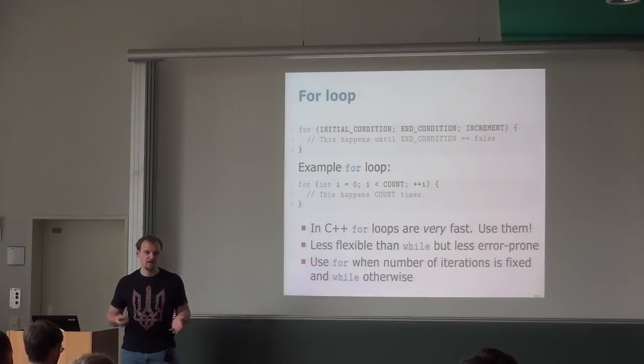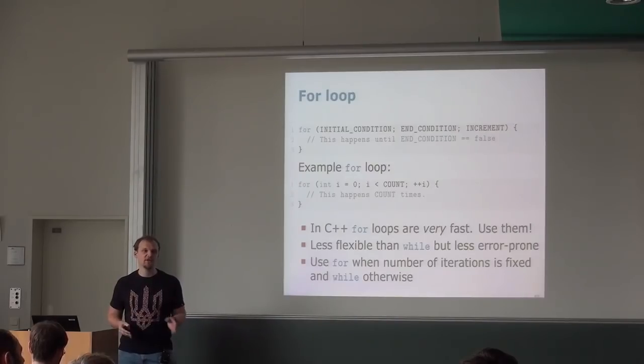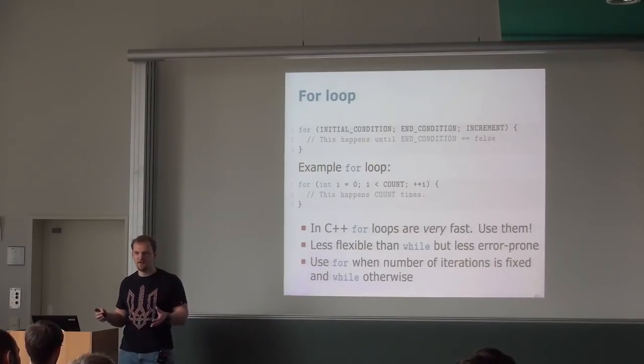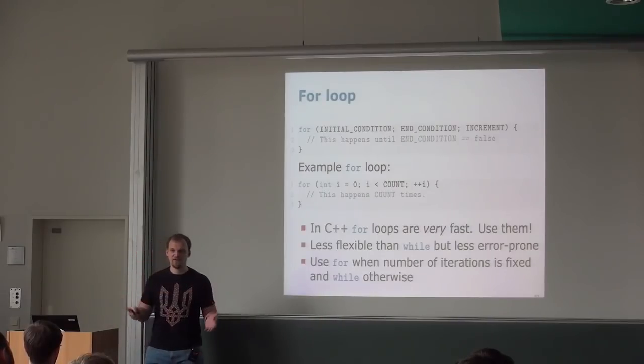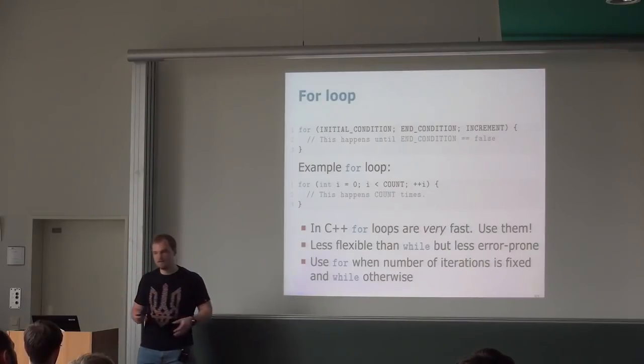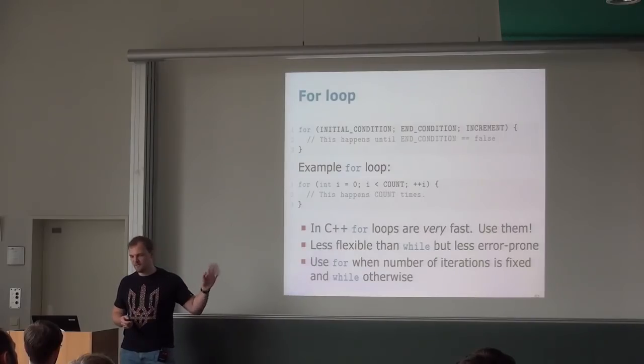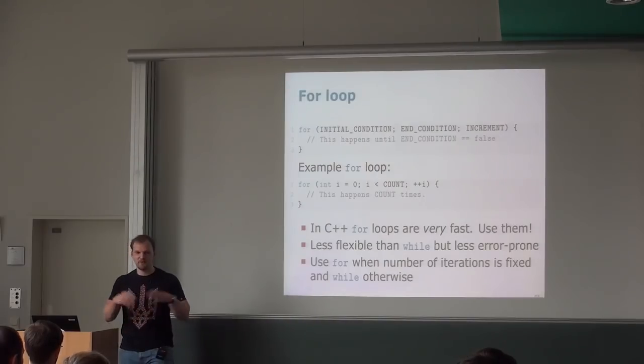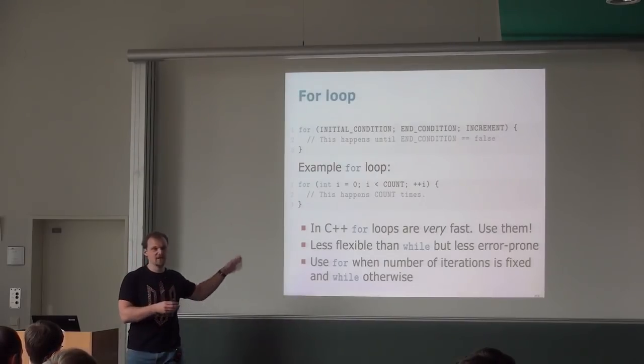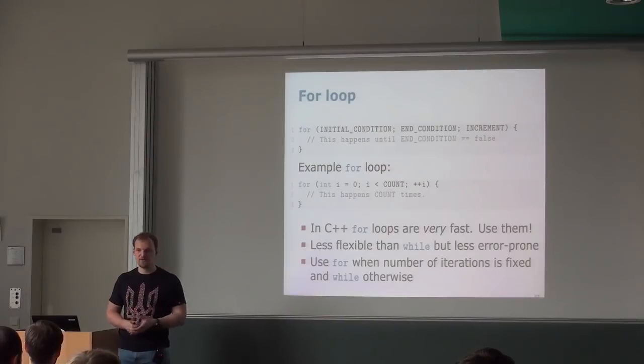It's harder to make a mistake here because we define rigidly how many iterations we do, and generally it's not possible to have an infinite loop if you write it that way. You can still write a for loop in different notation and then you will have your infinite loop if you really want to. There are ways to do it, but again, we're not talking about all of C++. Use it like this, and this is the way to have a controlled number of iterations.